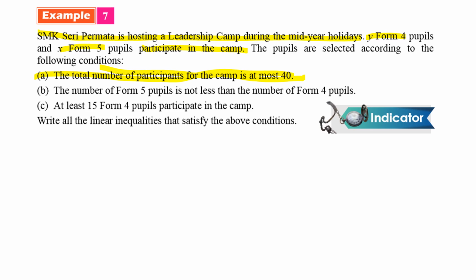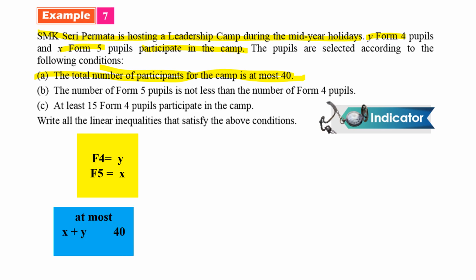So you have to take out the information first. Form 4 is y, form 5 is x. Then the total number, you just add x to y, and then 40. So at most, what is the symbol? The symbol is less than or equal to 40. Yeah. So next,